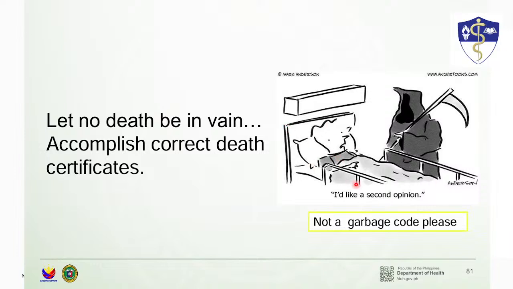Okay? This is just a joke, it says "I'd like a second opinion." This is just a joke, but it's important. The death of another patient can mean something. Because